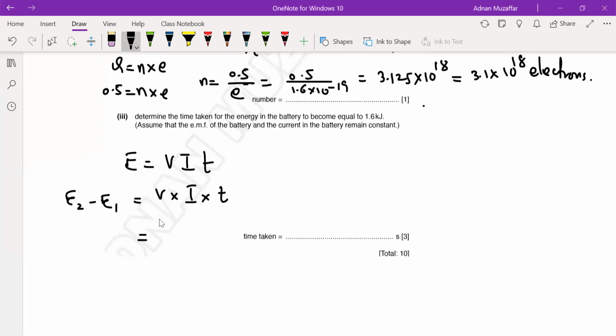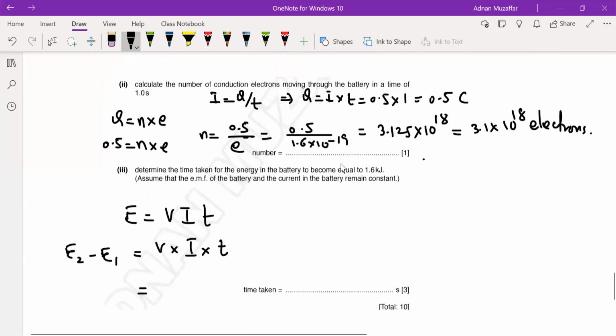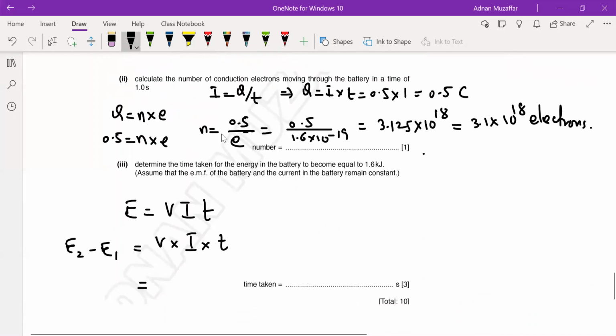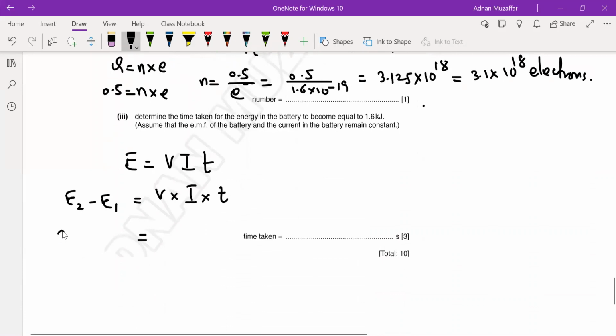What was voltage? E2 कितनी, इसने पहले कितनी दी थी? 9.2 kilojoules. You can see this. 9.2 minus 1.6. This is energy. Energy is equals to VIT. Into 10 to the power 3, common ले लें इसमें से, because ये किलो था ना।